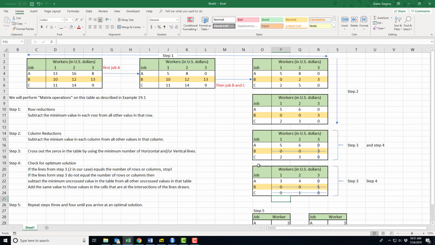And then I go back to step 3 and I cross out all zeros in the table by using the minimum number of horizontal and vertical lines. So I have another 0 that was created. I am going to draw a line this way horizontally. By the way, I could have done that vertically. Oh, wait a minute, I forgot this 5 right here. After I've done my subtraction that we just went through